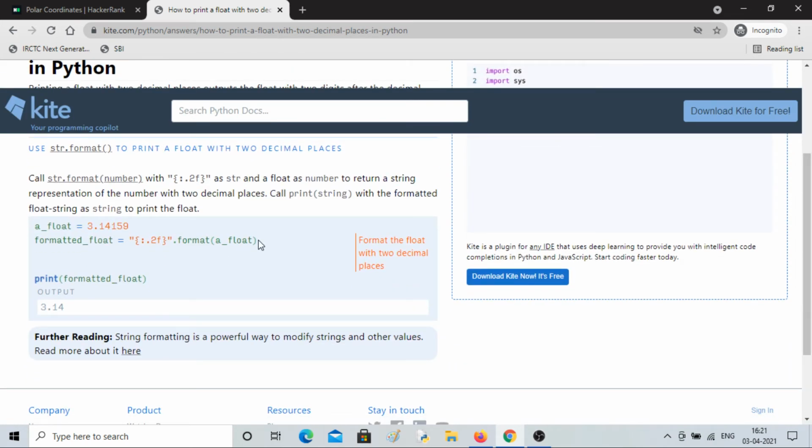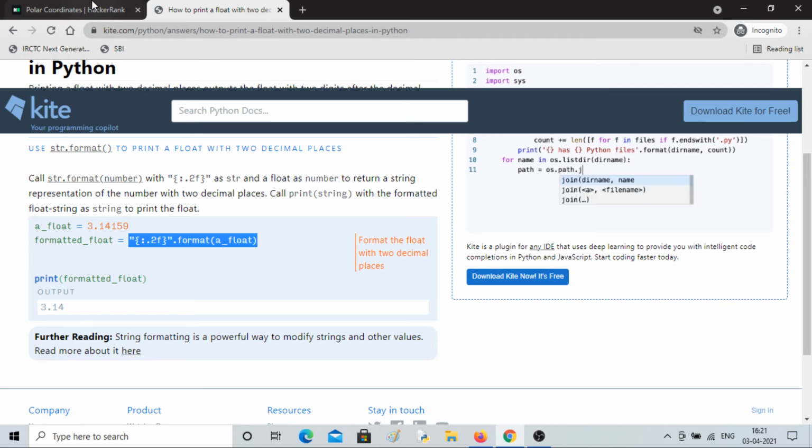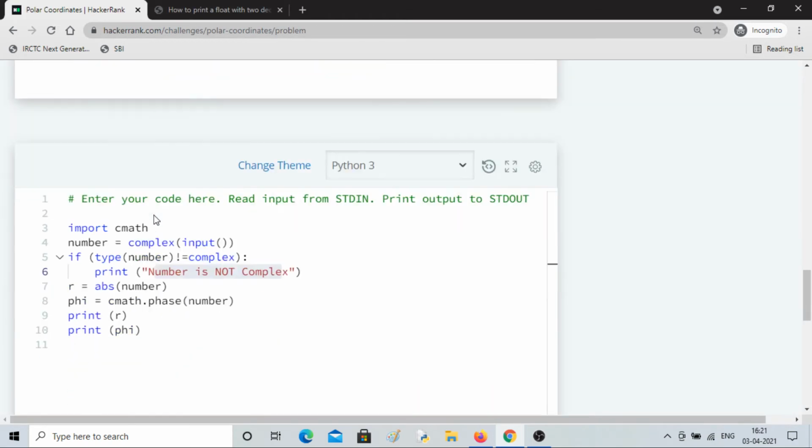So you can see here, if you provide a number 3.14159 and save it in a variable as a float, and you apply this and print it, you will get decimal up to 2. Let me use this thing, this whole string, and let me print with that.